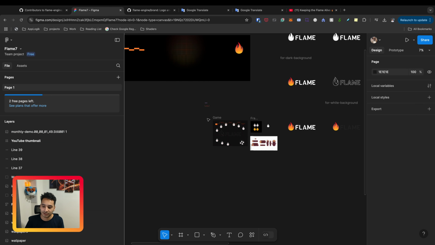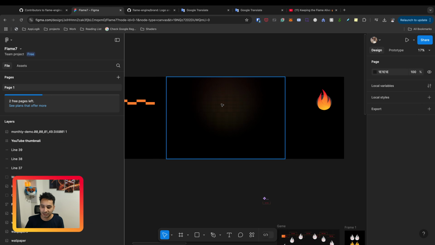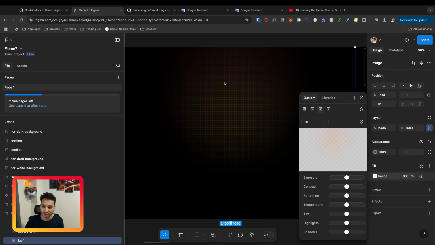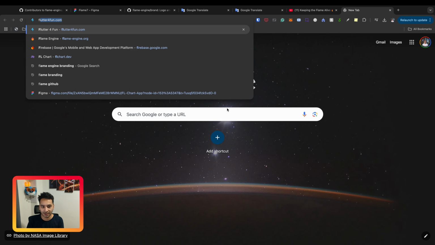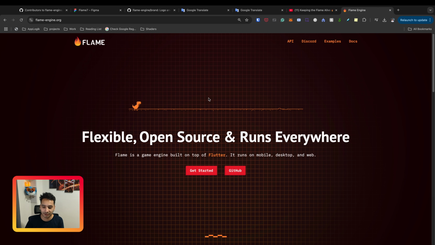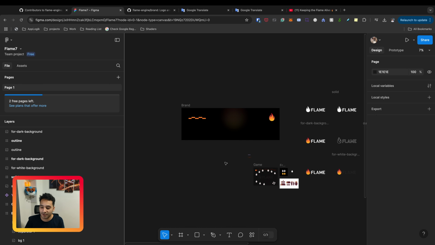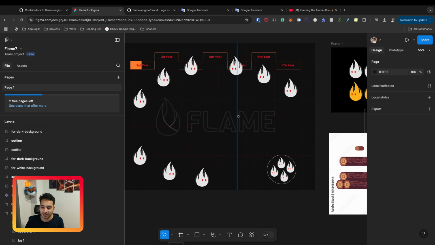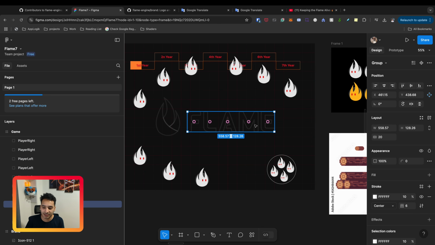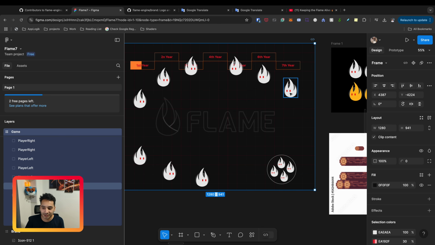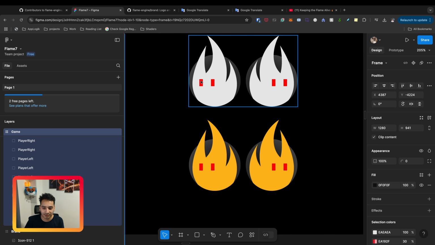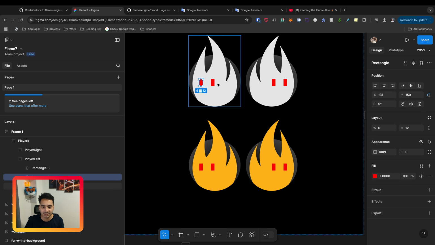And I just started designing a simple screen. This is the idea that I had, to have a grid. In the Flame website, there's a grid on the background. The idea came from here. And yeah, I just tried to do the same here. And after that, I came up with the idea that we can have the Flame logo in the center, and we can convert the Flame logo to a character. So I could just add 2 eyes. I mean, these are 2 simple rectangles, and this way I could make it alive.